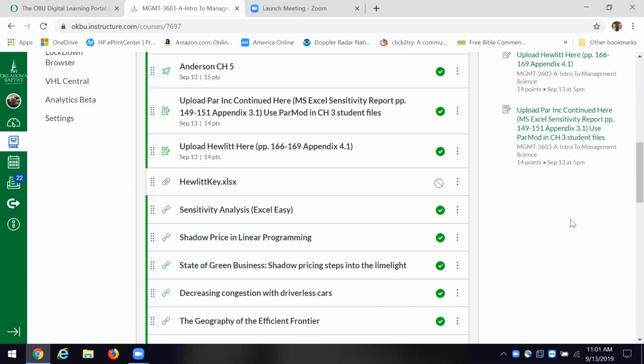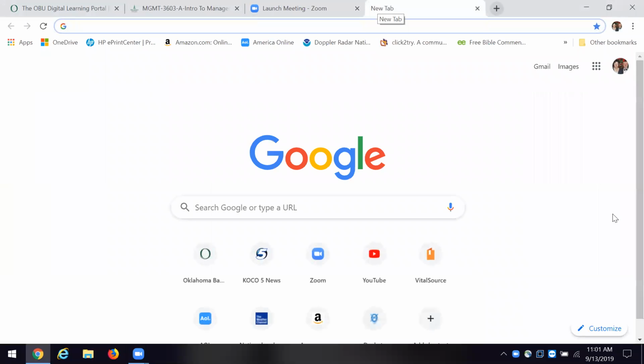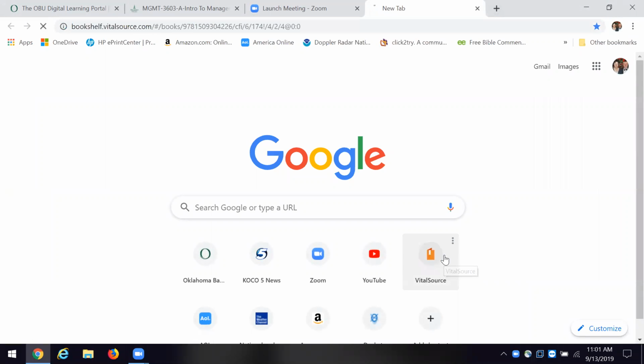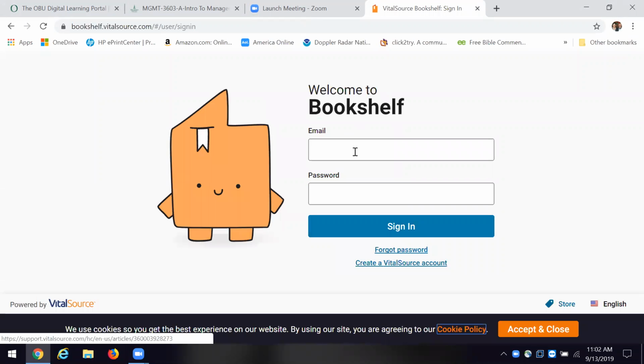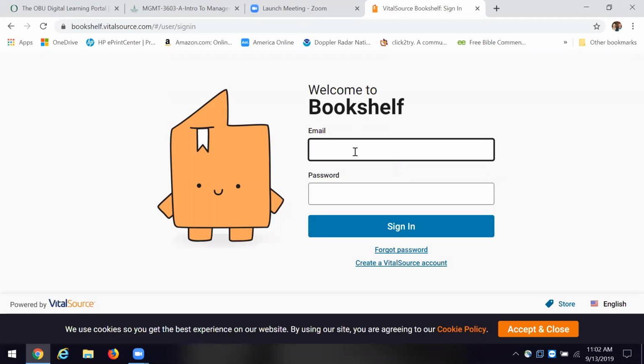Okay, I'm going to explain Hewlitt. That was due, which was Appendix 4.1 out of the text. It was due Friday at 5 p.m. And I'm going to go over here and open up my VitalSource, and we'll take a look at it in the textbook. And as I mentioned, involves using,